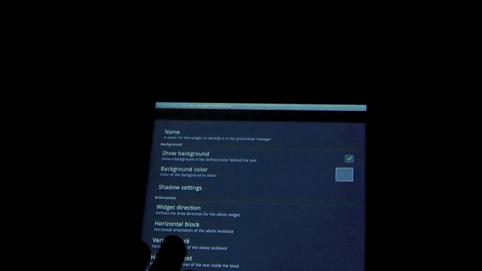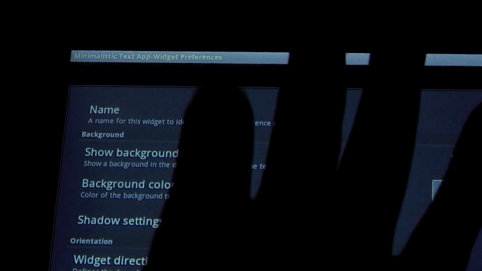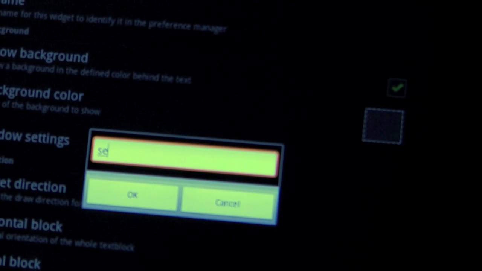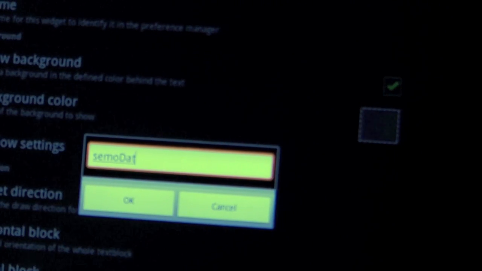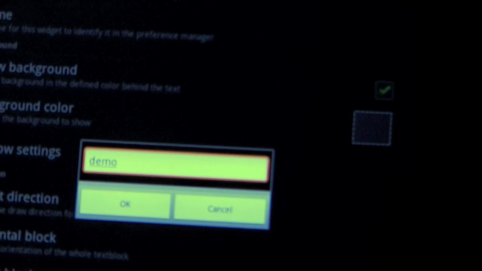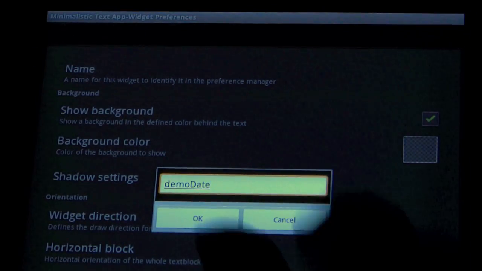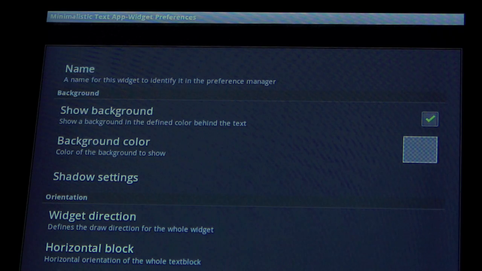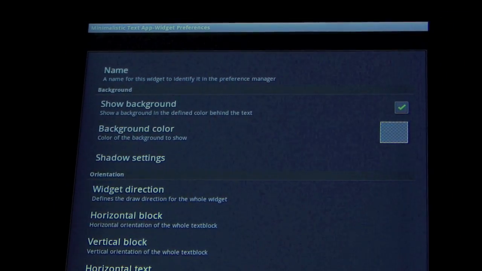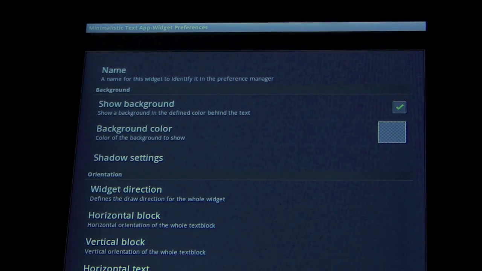You can see this is the menu that comes up. So we want to give this a unique name. So let's call this demo date. Oh, I spelled it wrong. And you want to make sure that each widget has a unique name, even the ones you throw away, because they're saved. So as long as you give them a unique name, you should be okay and not run into problems. I was running into a couple problems, so sometimes uninstalling is the best you can do. Now that we have that,